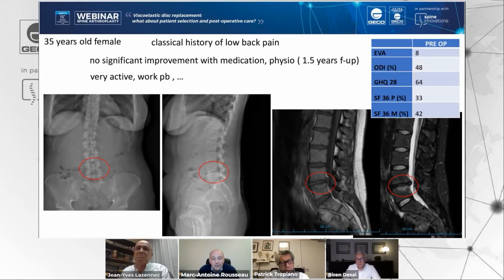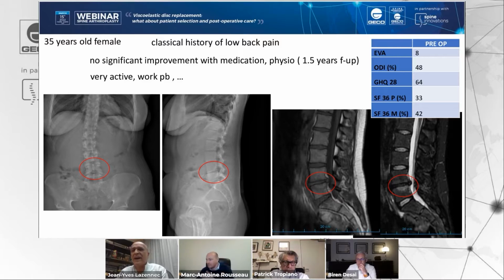So I present you this woman, 35 years old, a classical history of low back pain. And you see the level of disability on the right, preoperative. So she's very active, perhaps too active, you will see. And she was treated for more than 1 year with medication and physiotherapy. Something classical with